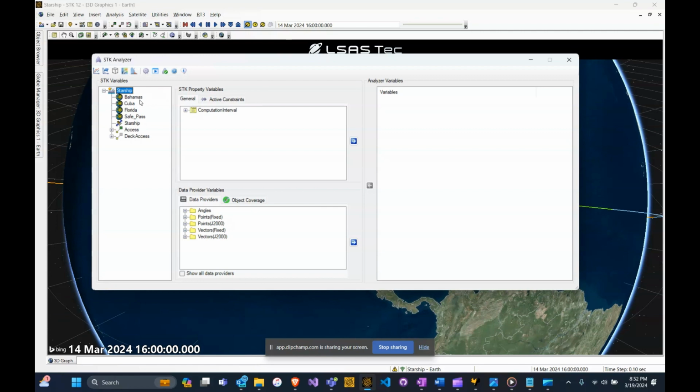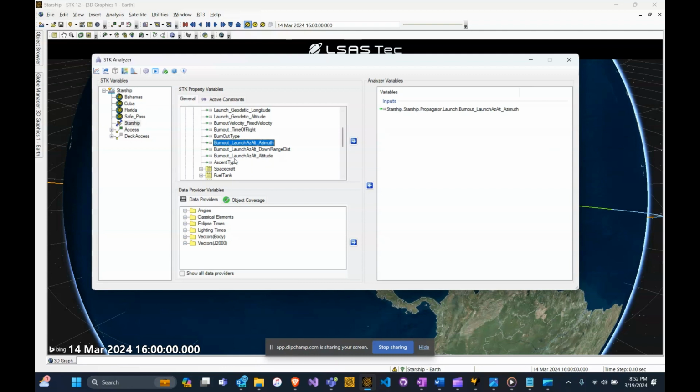I have various STK variables on my left panel here. So I have all of my objects. And whenever I click, for example, Starship, it opens all of the properties of this object or all of the data providers of this object. So here I'm interested in varying the launch azimuth, the launch burnout azimuth and downrange distance. So I'm going to select these two here by going to the propagator folder, opening the launch sequence, and finding these properties that I can modify here and select as inputs